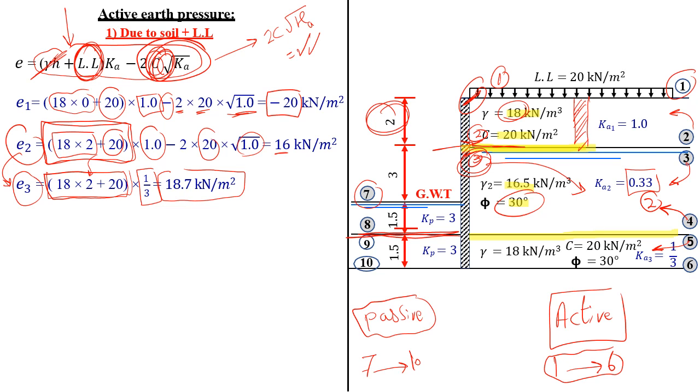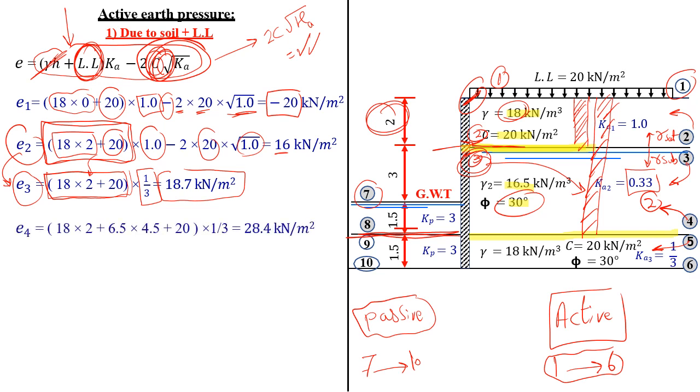For E4, you have to calculate the effective vertical stress, or the own weight of the soil, from the ground surface to the depth of point 4. As long as you are above the groundwater table, use gamma saturated of the soil, and if you are below the groundwater level, use gamma submerged. So at point number 4, the effective vertical stress will be